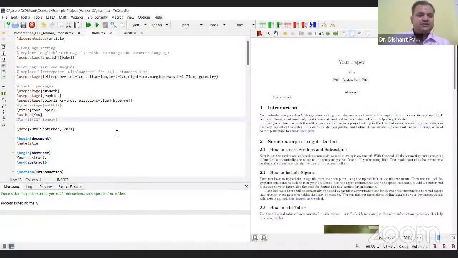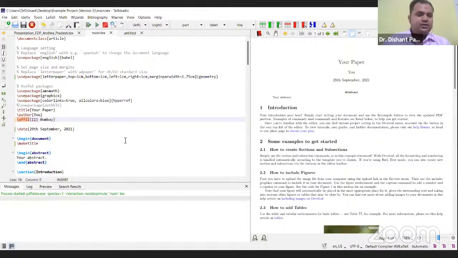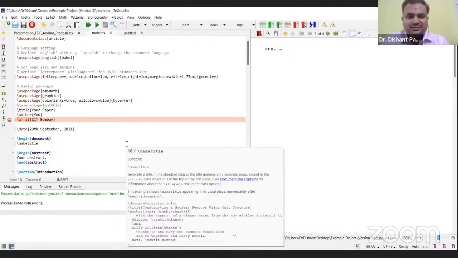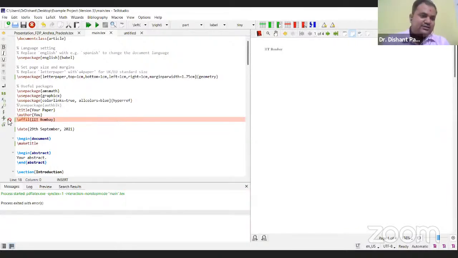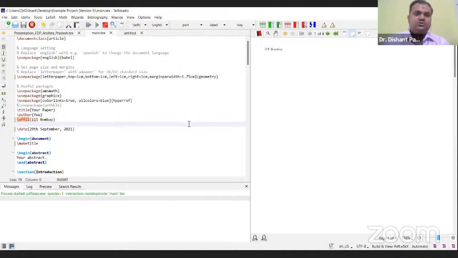You can see here on my screen, for example, TeXstudio has an advantage: if you are writing some command which is not a part of your packages or the document class, then it will directly show you an error. Like here, you can see that I'm seeing this error pop up, that this command will definitely give me an error. So if I try to run this document,